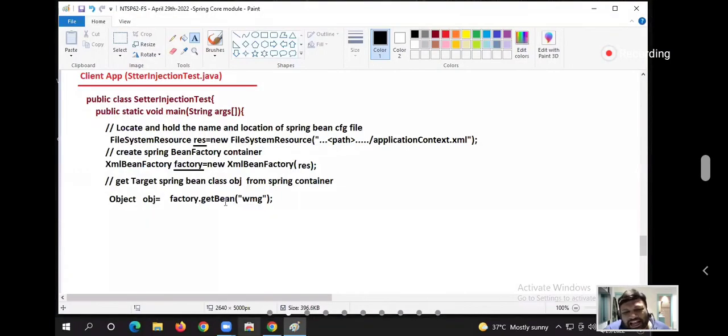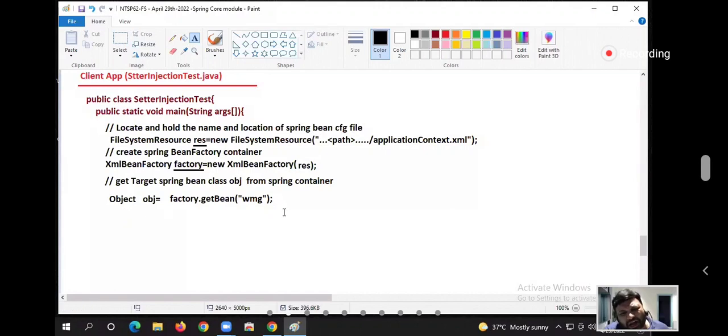The return type of the getBean method is Object. Why Object? Simple reason. I pass different bean IDs, so it has to return different objects. It cannot take multiple return types, right? That's why its return type is Object, so that the method can return any Java class object.